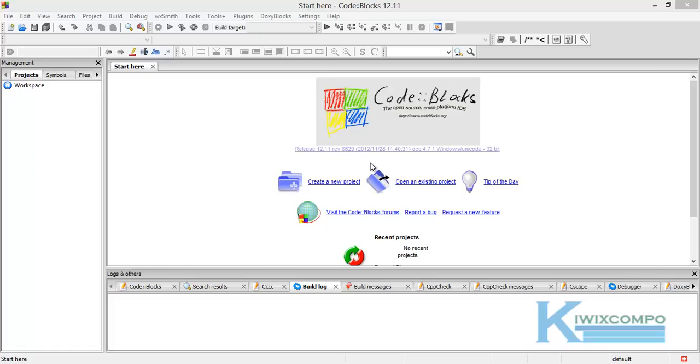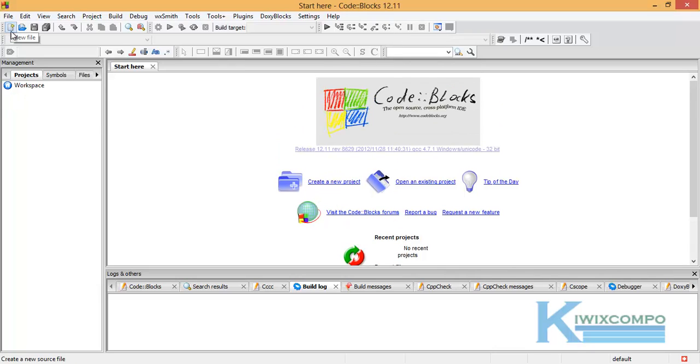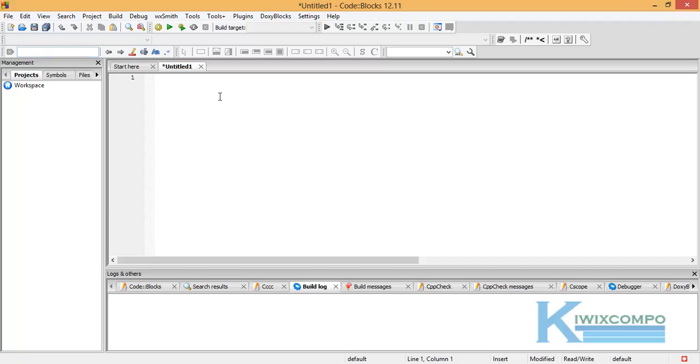Welcome to the first part of the course. In this part, I am going to show you how the basic structure of a C++ program looks like. And this, as you can see, is the first page that you see when you open the CodeBlocks IDE. So I'm going to start by just creating a new file here and use it to show us